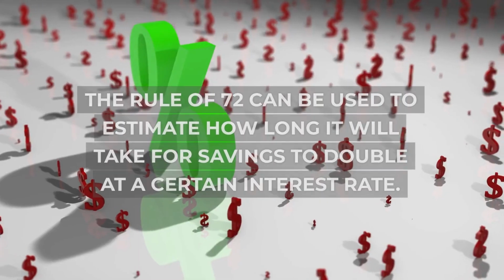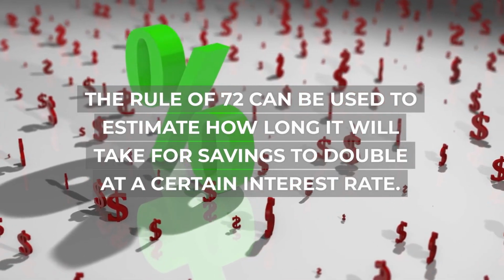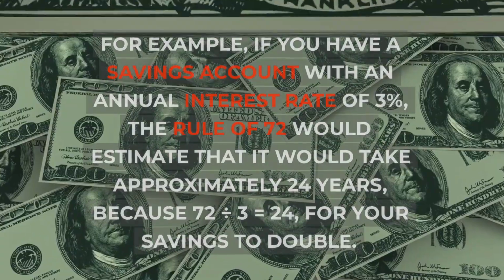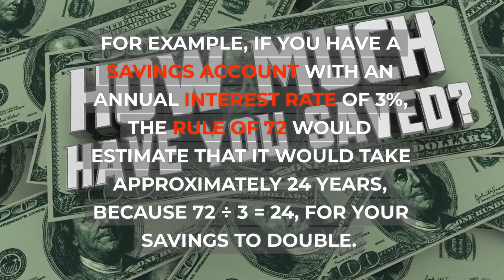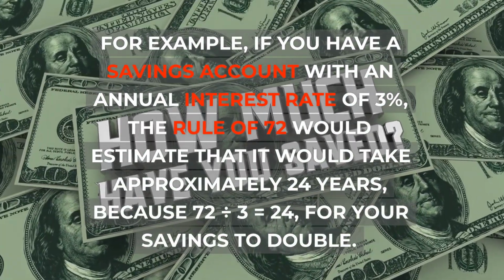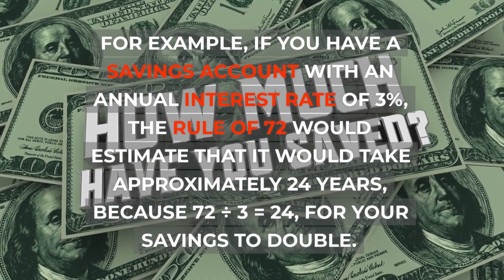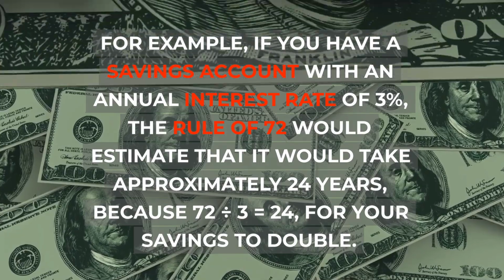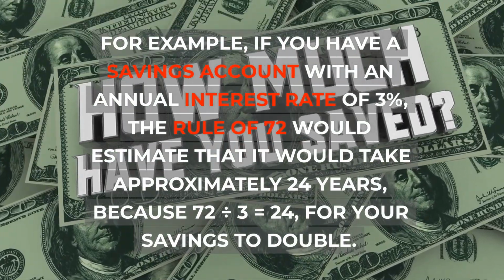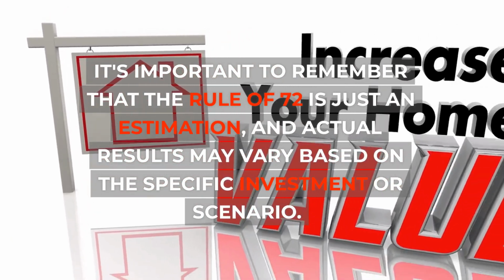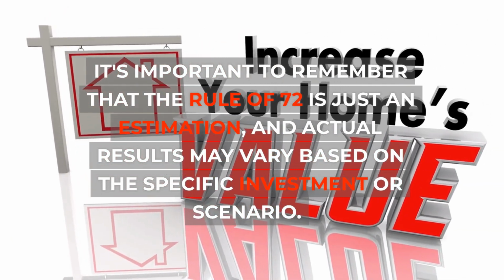Savings. The Rule of 72 can be used to estimate how long it will take for savings to double at a certain interest rate. For example, if you have a savings account with an annual interest rate of 3%, the Rule of 72 would estimate that it would take approximately 24 years, because 72 divided by 3 equals 24, for your savings to double. It's important to remember that the Rule of 72 is just an estimation, and actual results may vary based on the